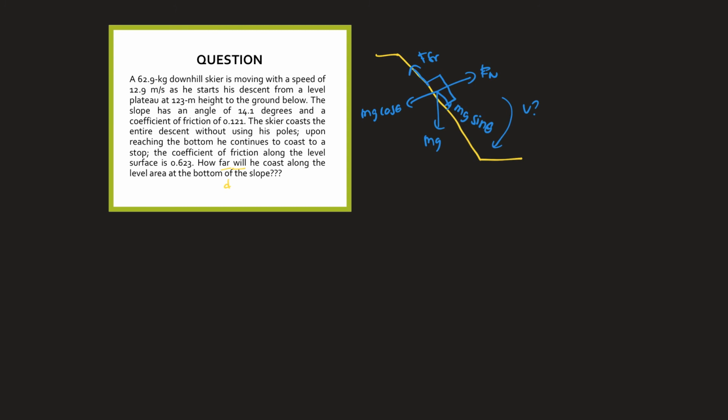Okay, so the equation here for the horizontal part is going to be mg sine theta minus Ffr equals ma. Okay, so mg sine theta minus mu mg cos theta equals ma. Okay, so m can be cancelled, so you are going to find 9.81 sine 14.1 minus mu, which is 0.121,